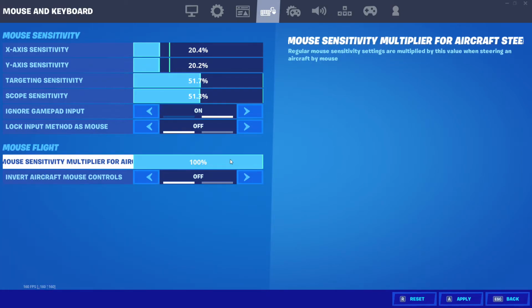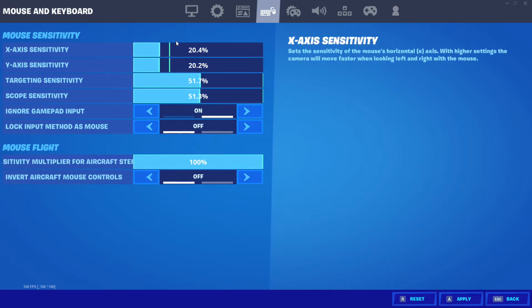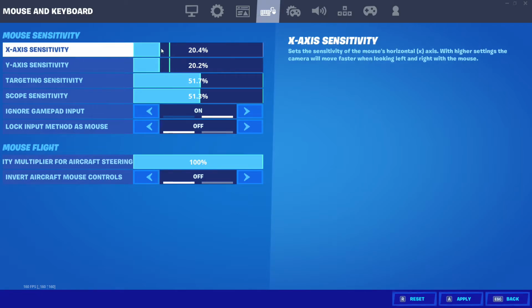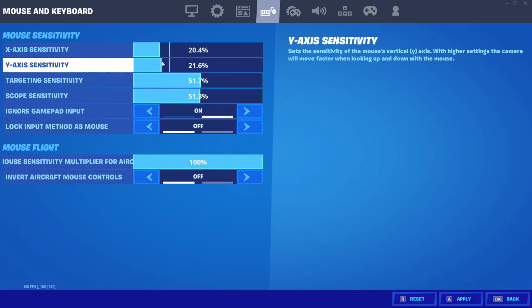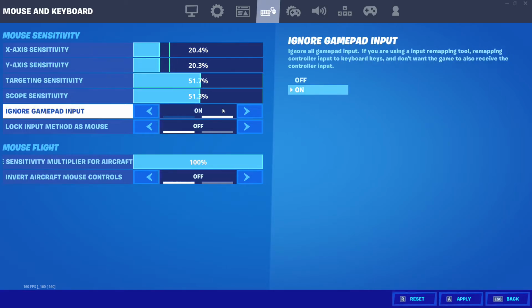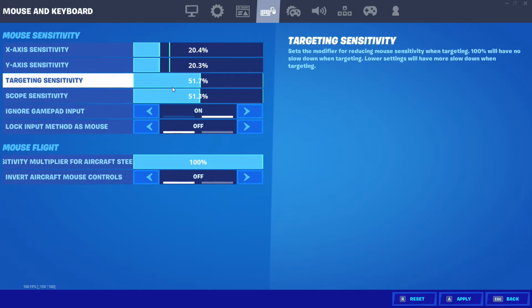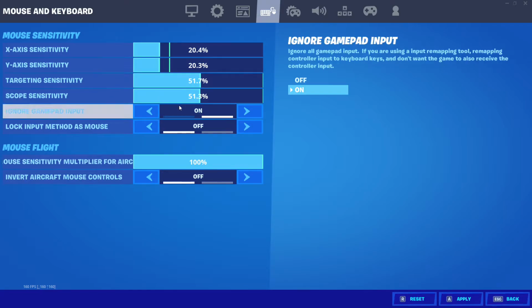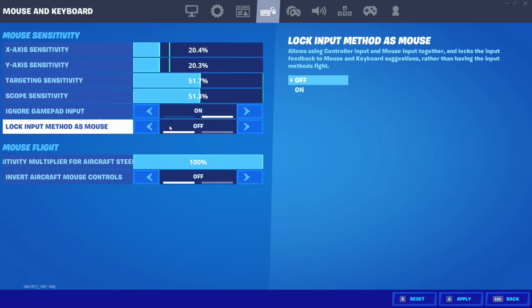Now onto the mouse, the sensitivity. So I'm using 800 DPI on 20.4x and 20.2y. I would use 20.4y too, but they're the exact same thing technically. It's hard to get it perfect, so I just keep it at that. I guess that's closer. Now, targeting sensitivity 51.7, scope sensitivity 51.3, ignore gamepad input on, lock input method as mouse off,